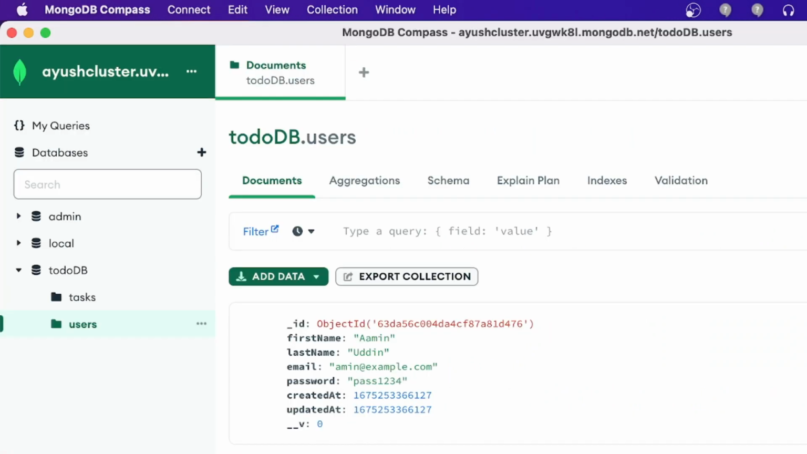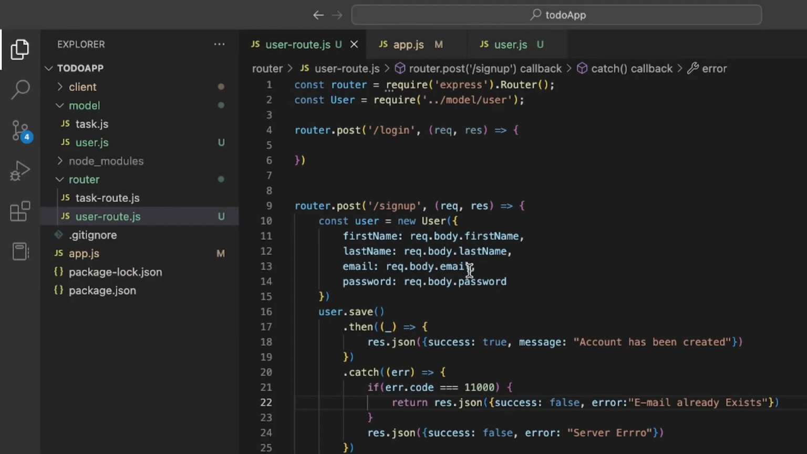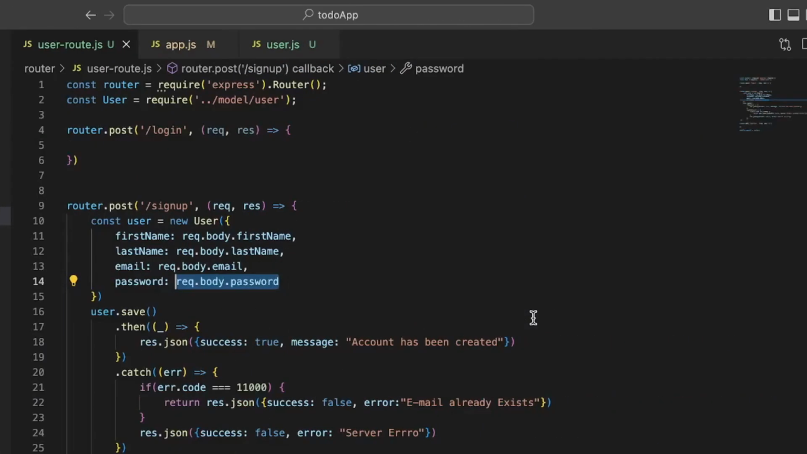if you see the data, first name okay, last name okay, email is okay, but the password is visible. But if you are creating an authentication or login registration part, the password should not appear like this. It should be encrypted. That's why, before adding the data in the database, we are going to encrypt this password. So that's why we are using a